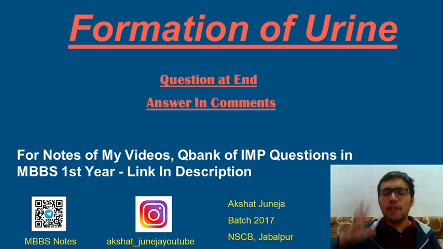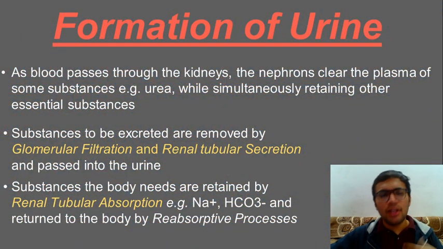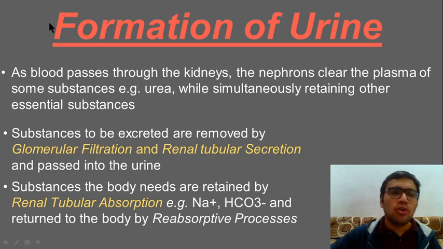So let's begin with renal physiology. The topic one is formation of urine. I won't go into much basics like the anatomy of the kidney and all those parts. We will cover the required anatomy in the particular function. So let's see the formation of urine. Why in the body do you have to have the process of formation of urine? You know, guys, that you have to excrete out your nitrogenous waste.